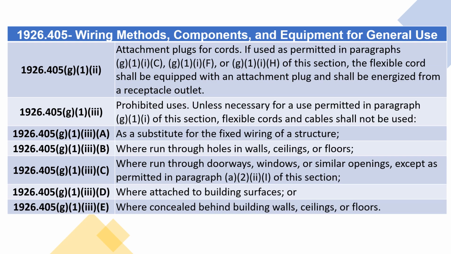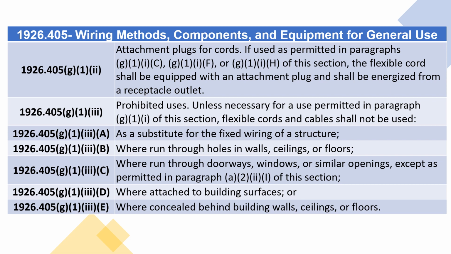1926.405 G1(ii). Attachment plugs for cords. If used as permitted in paragraphs G1(i)(C), G1(i)(F), or G1(i)(H) of this section, the flexible cord shall be equipped with an attachment plug and shall be energized from a receptacle outlet. 1926.405 G1(iii). Prohibited uses. Unless necessary for a use permitted in paragraph G1(i) of this section, flexible cords and cables shall not be used